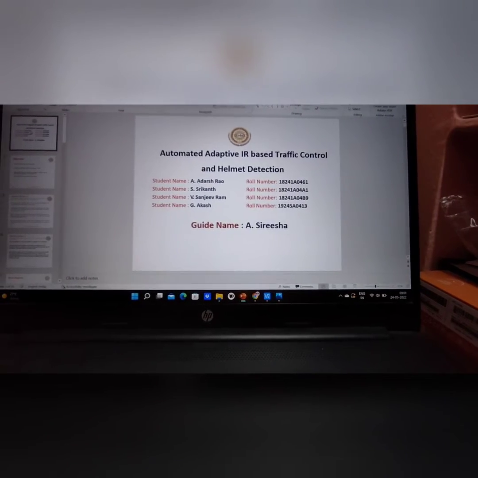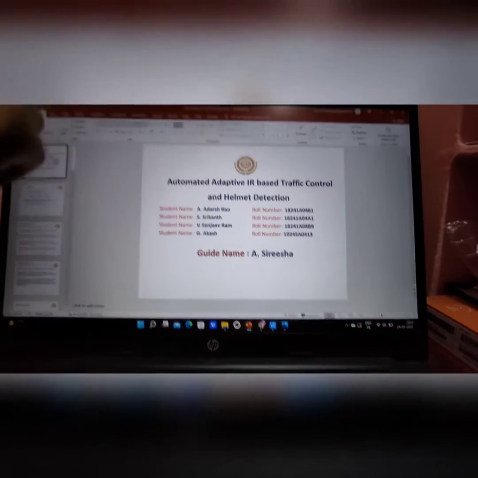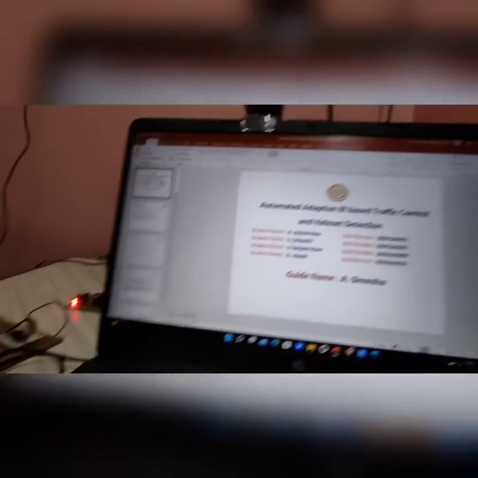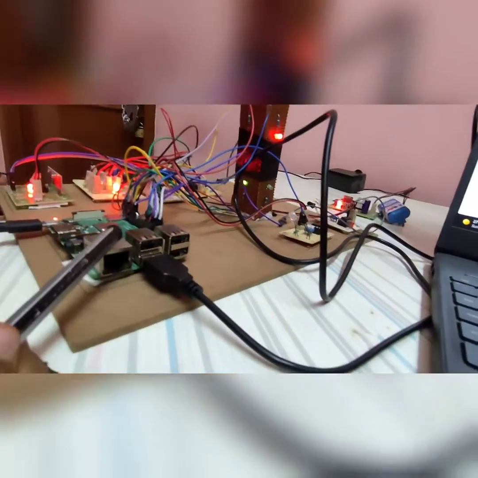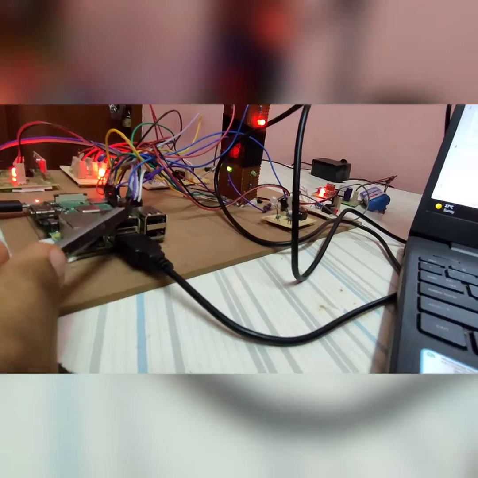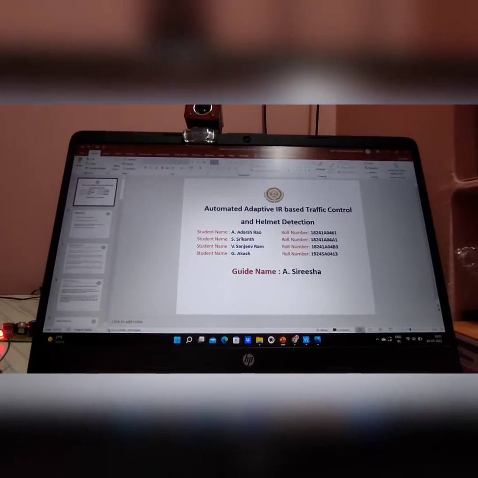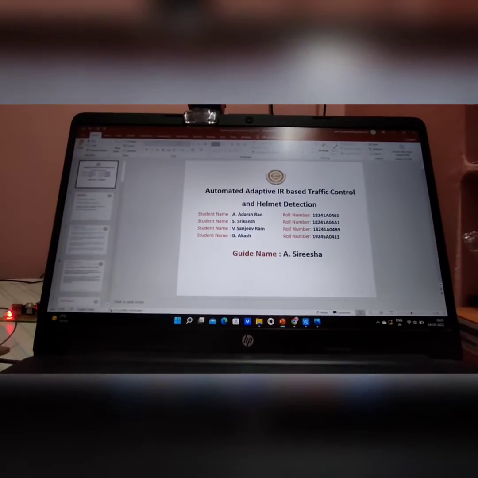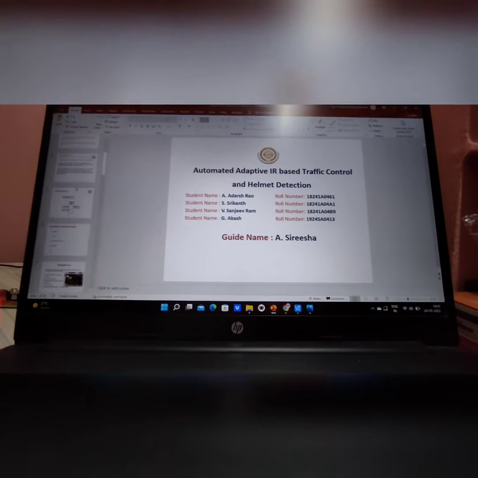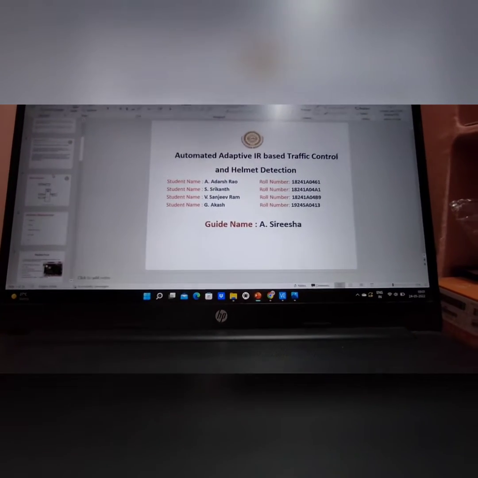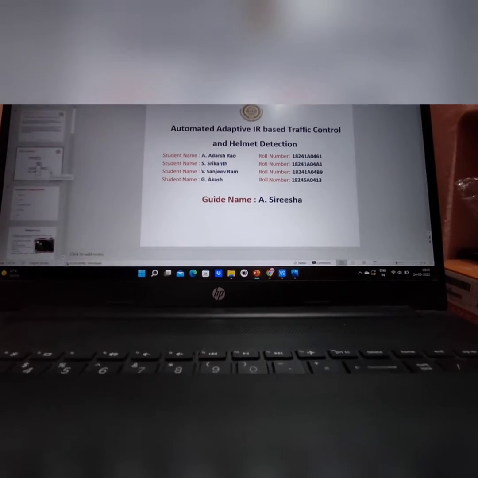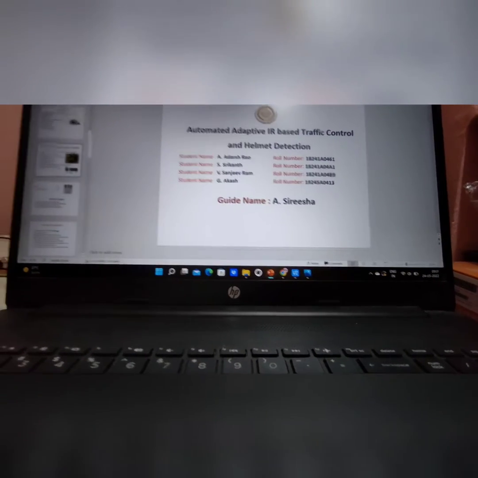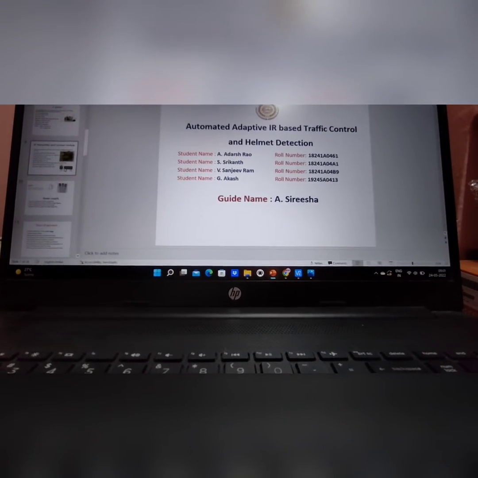Now coming to the helmet detection part, we have used a camera which is connected to the Raspberry Pi in a USB port, since the Raspberry Pi has 4 USB ports. Helmet detection is done using a deep learning technique. The methodology used is CNN. We have used a convolutional neural network because it has the best ability to extract the features of an image. We have used a predefined dataset, and the dataset is trained using the TensorFlow framework.